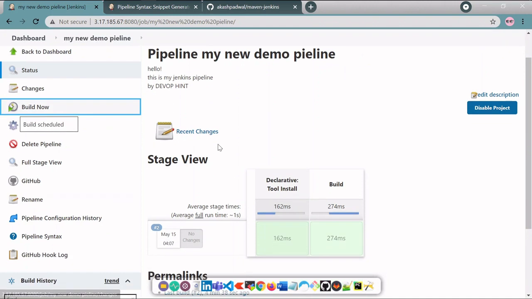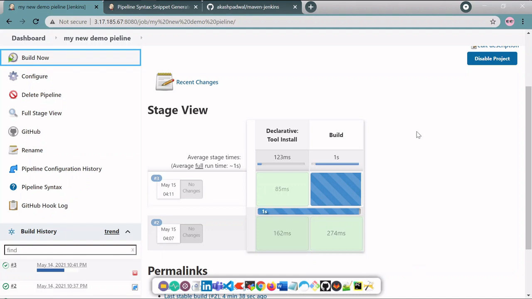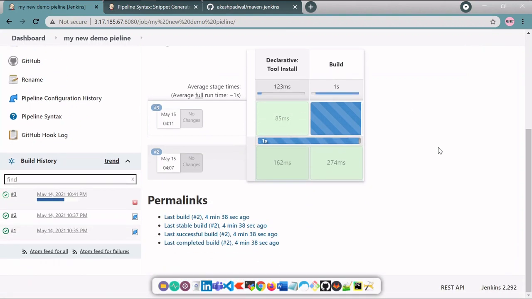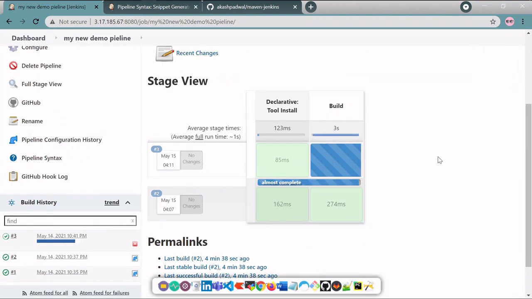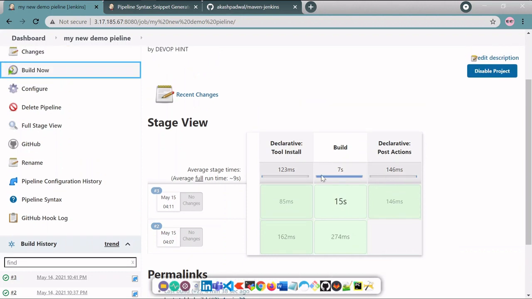Now click on build now. Let's check our Maven build. So yes, as you can see, our build is success.